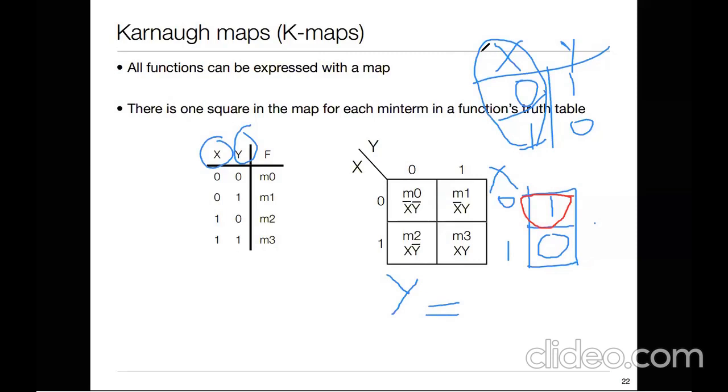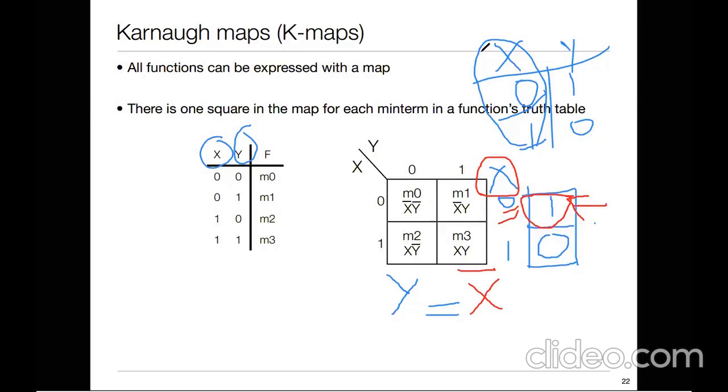We'll come to that later. So there is only a single 1 over here. So the first rule in K-map is you can group singles, single ones. Now with respect to 1, I have a 0 over here. What does 0 represent in terms of X? 0 represents X bar. So Y is equal to X bar is the expression for min term.